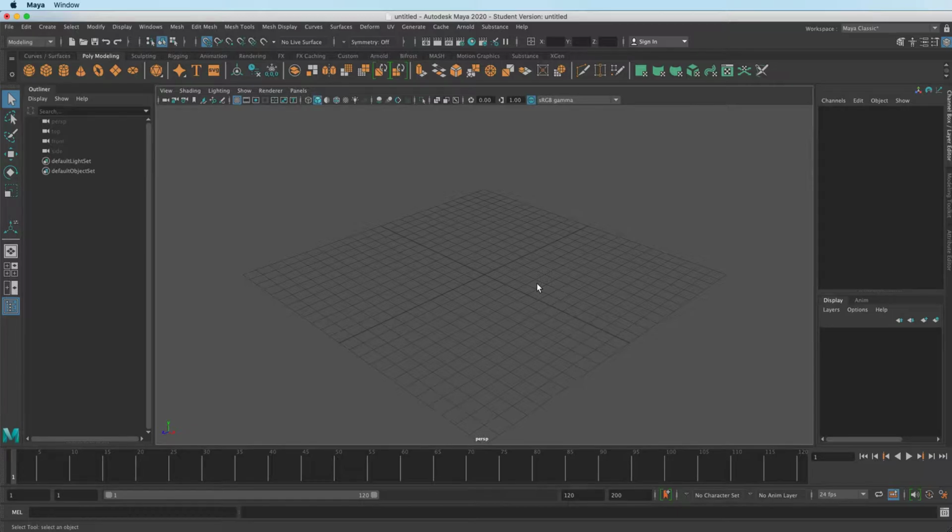What we're going to have a look at today is some of the common modeling tools in Maya that you're going to be using all the time. So let's get started. We're just going to drop in a polygon cube